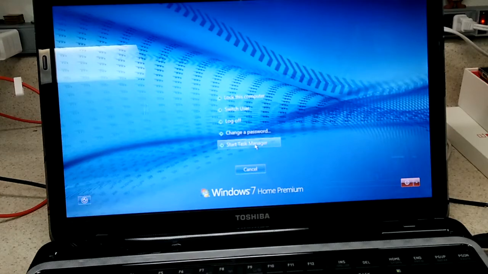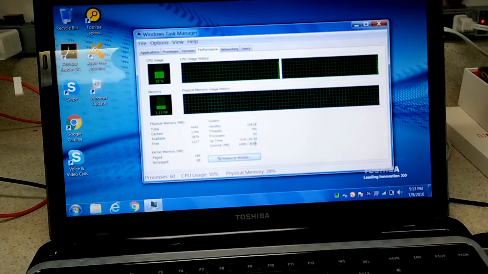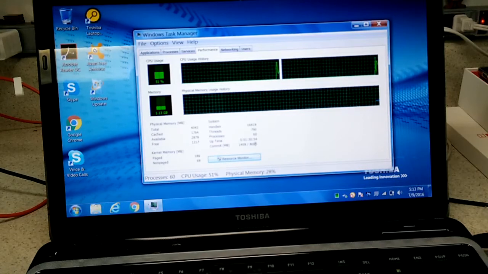Now we're on Windows 7. Windows 8, 10, similar, different screens going to come up, but it's pretty similar. Maybe we'll do another video for that. So this is a computer that we cleaned up. It was freezing up, all kinds of problems. So we cleaned it up, and it's still, when you look at this here, let me explain what we're looking